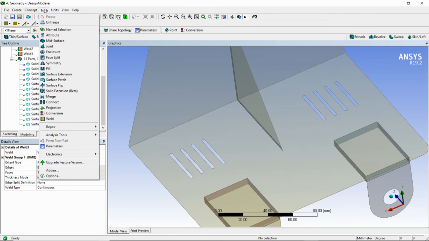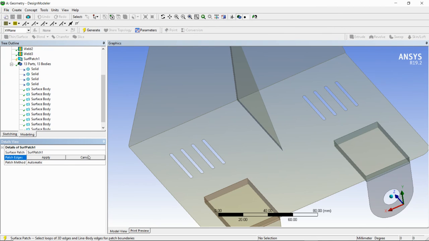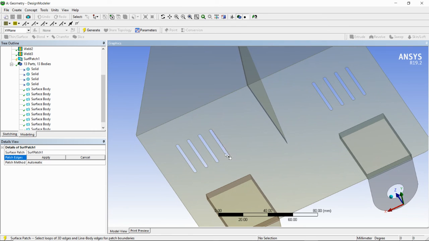For that there is an option called surface patch. I will select the surface patch. We will fill it with a surface, and then merge it to the base surface. For patch edges, I have to select the edges to generate the surface. There are lots of edges, and selecting manually will take more time, so I will change the selection to box select.